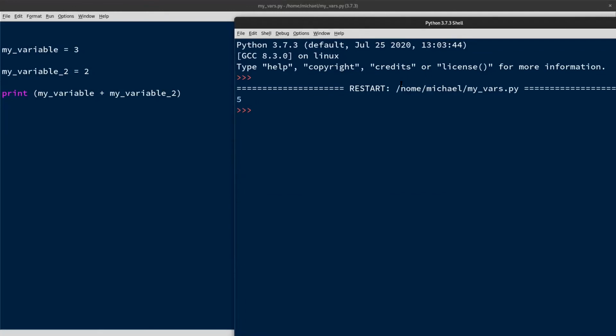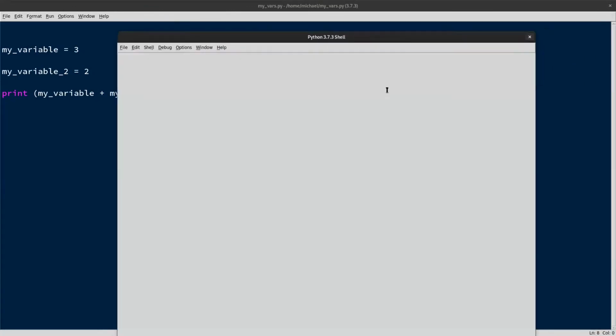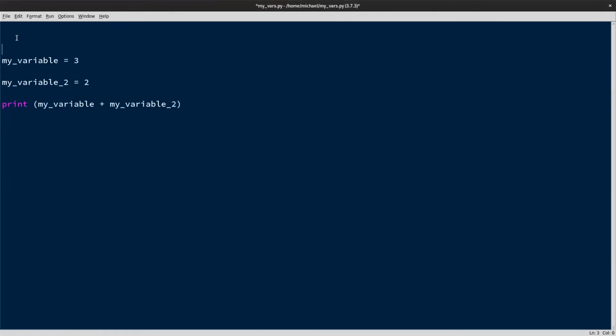Now, let's just say we want to add a little bit of a description to this. We can pop up here, hashtag, and you'll notice that this turns red. Program to add together two numbers. Okay, so Python will ignore this because we've got the comment symbol at the beginning there, and it will add